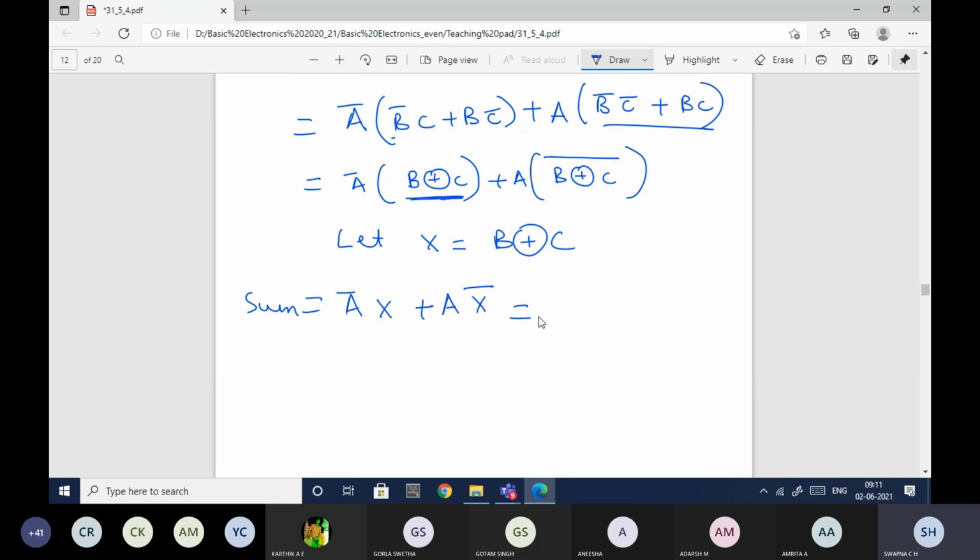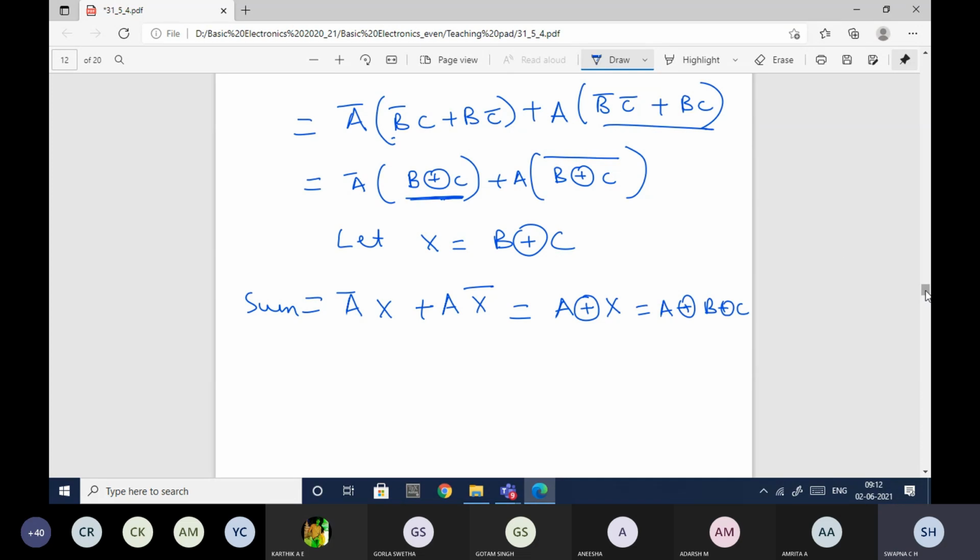So this can be represented as A bar X plus A X bar, which is A exclusive or X. What is X? X is nothing but B exclusive or C.